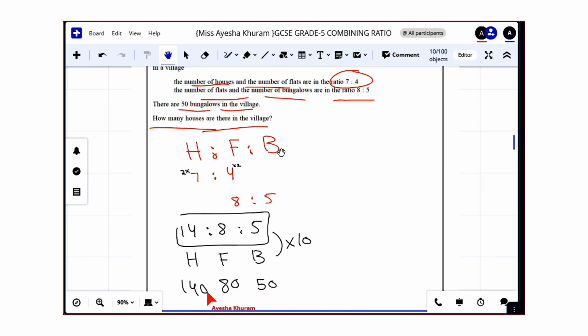So basically they just talk about the houses, so this part is my answer, because he said how many houses, so we have 140 houses as my answer. I hope you understand. If any step does not make sense here, you can comment in the box, and then you can email me as well for my answer. Okay,